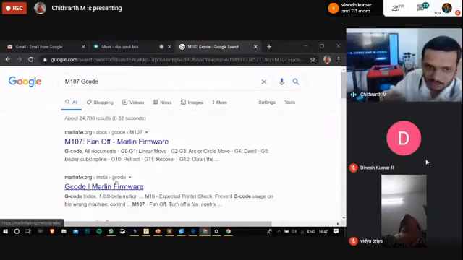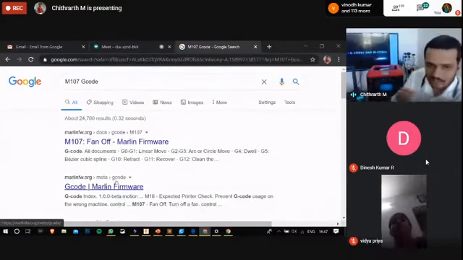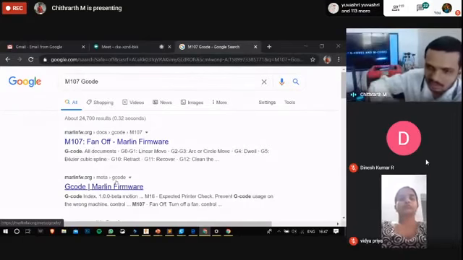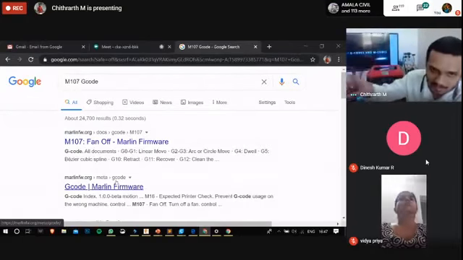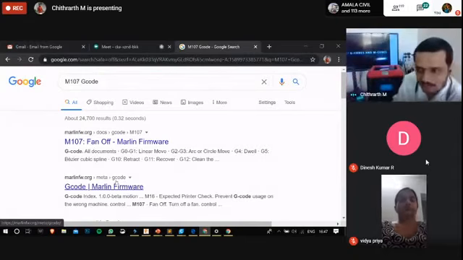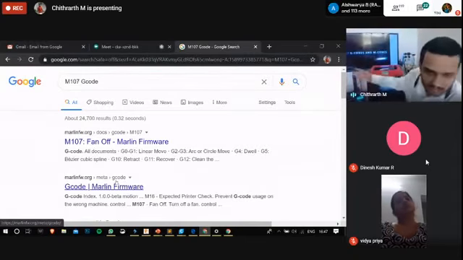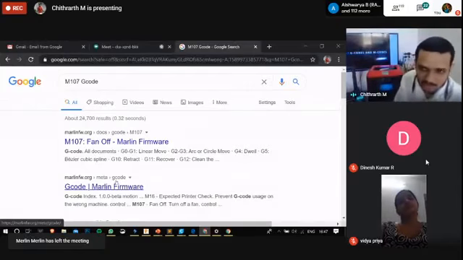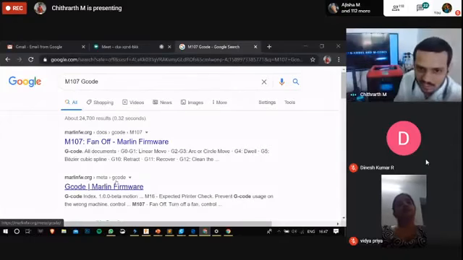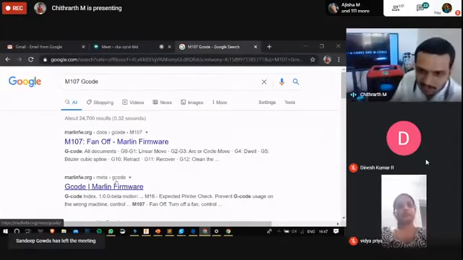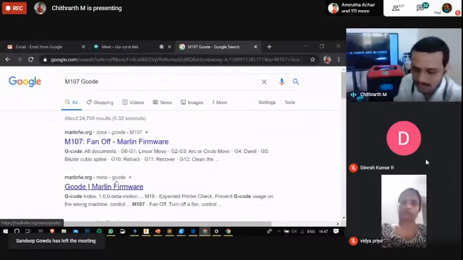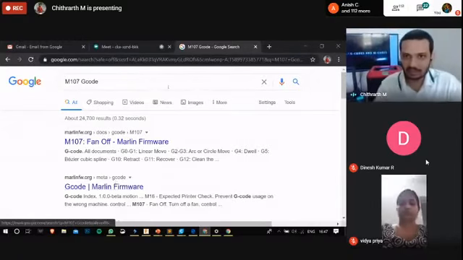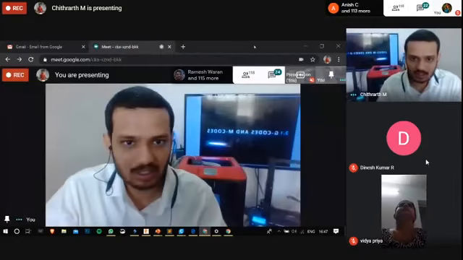That's the reason why nowadays, if you want to turn off a fan, all you need to do is open up an application, click on a button on your screen, and then it turns off, right? Instead of that, for communicating with your machines, people back then used all these codes. So M107 is used to turn off fan. Again, G92 is used to move your stepper motors, something like that. All right, that's about your G codes and M codes.